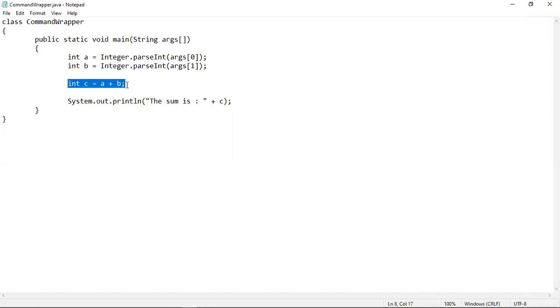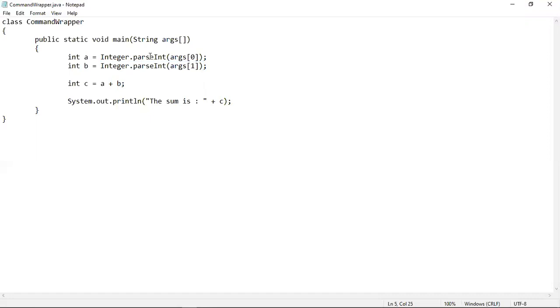After that, a normal addition operation has been written, and then the value of c is printed. Now this program should give you the addition of the two values a and b after converting them into integers from strings using these two parseInt statements.